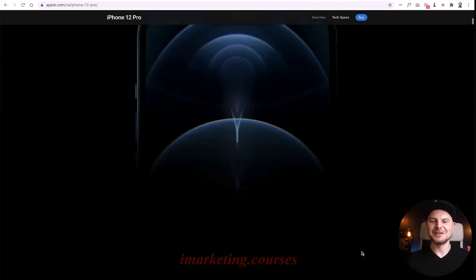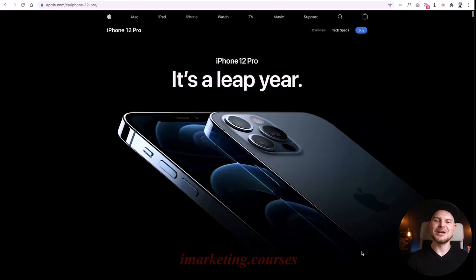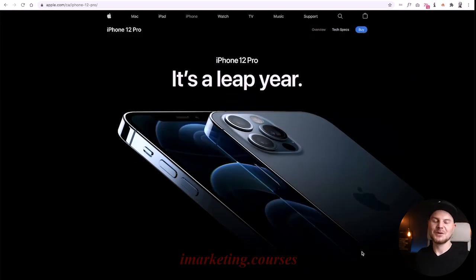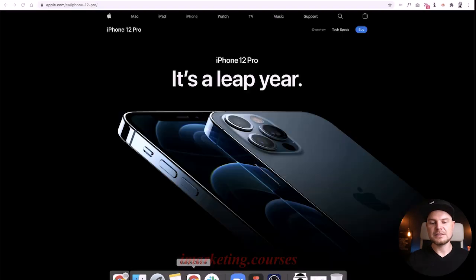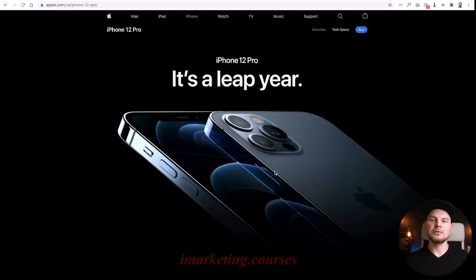You can create a website like the iPhone 12 landing page just using Figma. Cool, right? In Principle, you can do this a little bit easier, but when we go to an animation tool like After Effects, it's all about animation. You can't interact with elements in After Effects. It's not an interaction tool. It's not a prototyping tool. It's an animation tool, which means that to create this simple page like iPhone 12 Pro, you